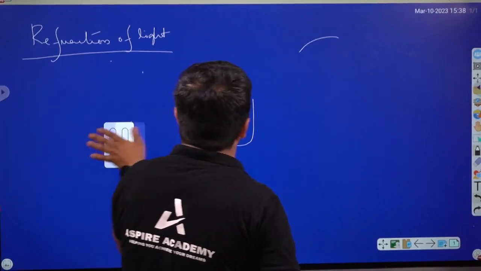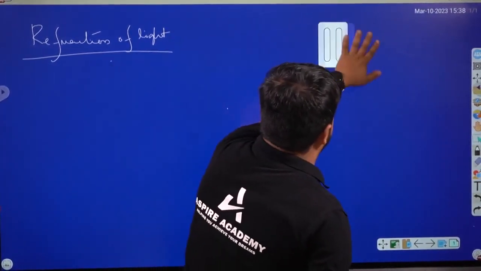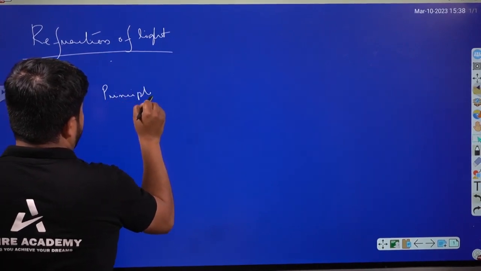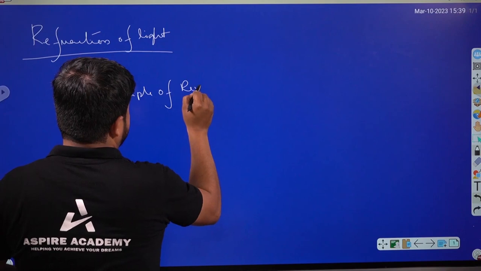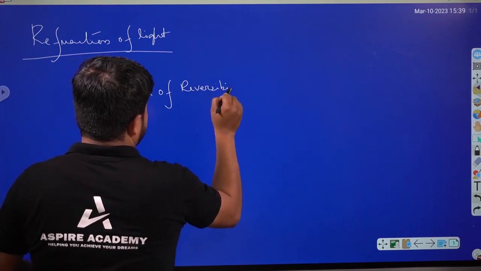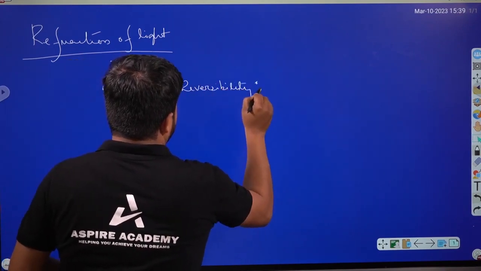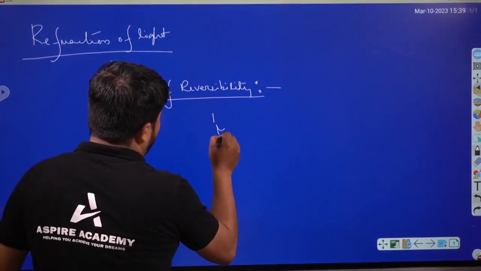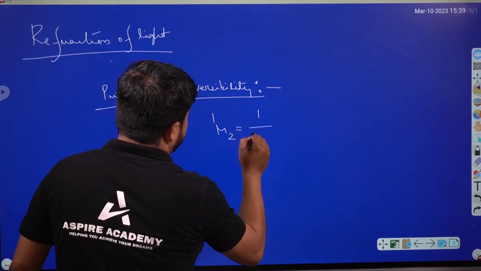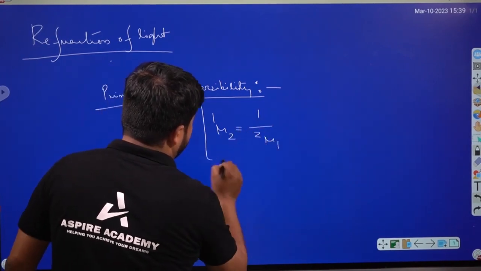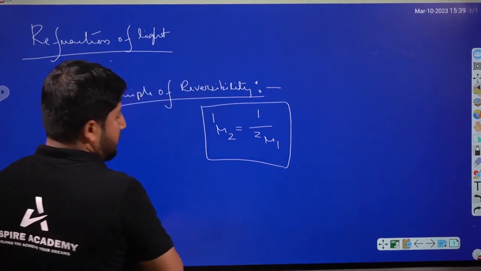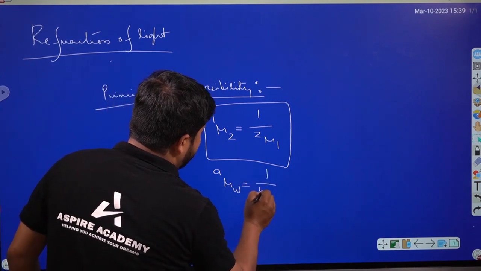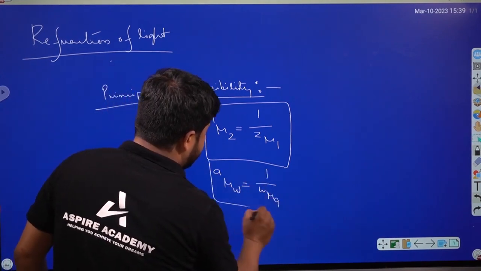আউটা বস্তু আছে, প্রিন্সিপল অফ রিভার্সিবিলিটি. Next one another one এটা বস্তু আছে, principle of reversibility. So according to the principle of reversibility, যদি এটা লাইট টু 1 mu 2 হয় তাক আমি কি লিখিব পাৰো, 1 by 2 mu 1 বুলি লিখিব পাৰো. ওকে, যদি আমি a mu w লিখো কি লিখিম, 1 by w mu a বুলি লিখিব পাৰো. So according to the